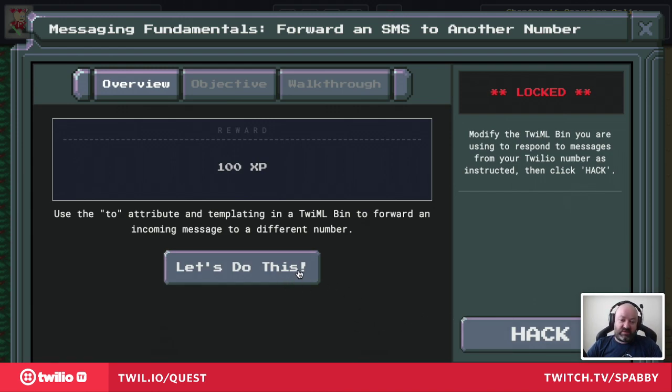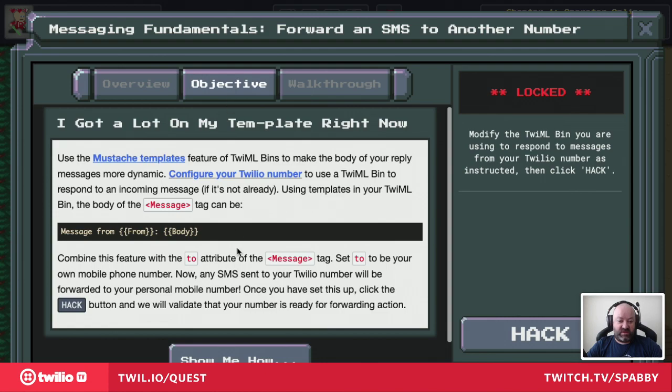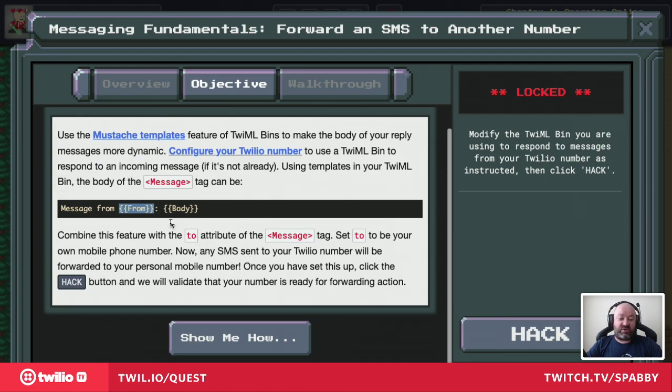The to attribute and templating in a Twiml bin. Excuse me, that was terrible. I forgot to mute. To forward an incoming number to a different number. Okay, I don't remember how to do this, actually. It's just this, right? So the message tag has a to attribute, and then I pass the body on in the message, I think, right? So we can use mustache templates in the Twiml bins so that we can have